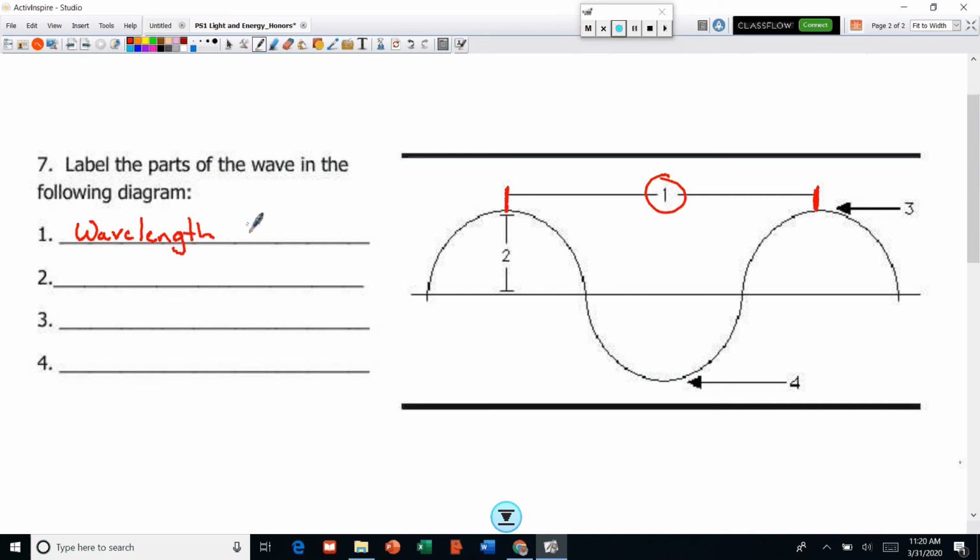All right, which we designate with this symbol. Two is the height from the resting position to the top of a wave. That is going to be called amplitude. And then this point at the very bottom of the wave is called the trough. And this point at the very top of the wave, whoops,